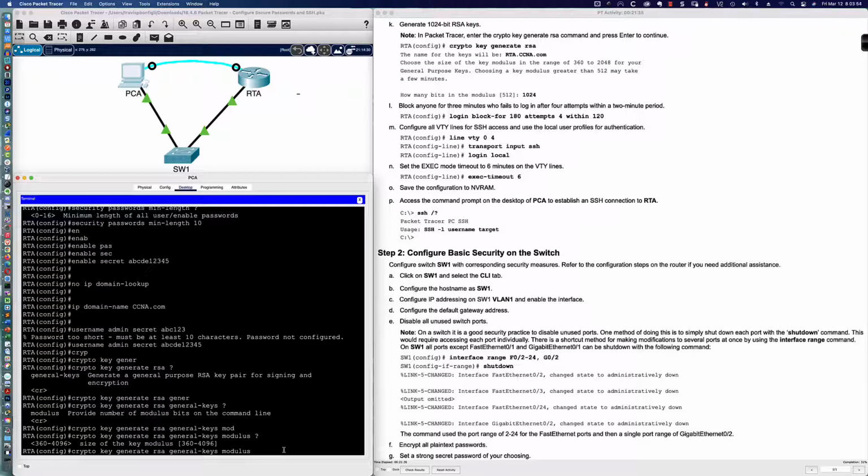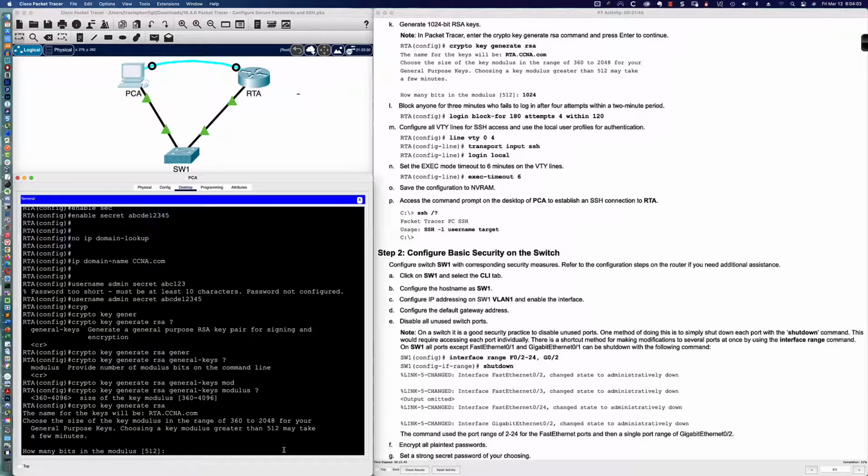However, the activity shows you to do this. It just shows you to say crypto key generate RSA. You hit enter, and you'll notice we see this message here. And this is why we need the domain name configured, because it's used in naming the keys. If the domain name is not configured, if you don't say IP domain name and enter a domain name in, you are not able to generate your RSA keys. So you can see the host name gets used and the domain name gets used as the name of the keys. And so here we would say